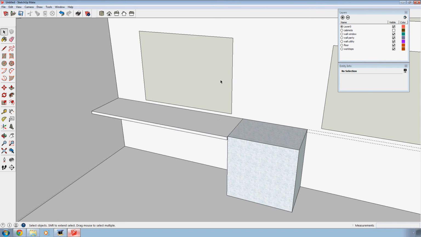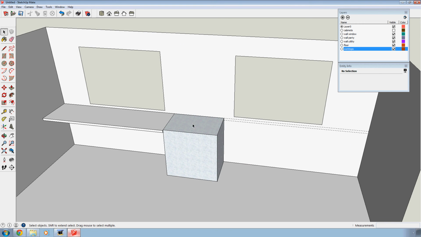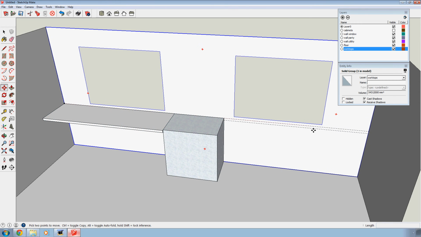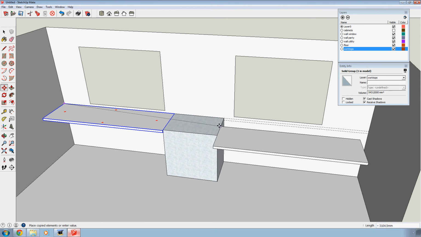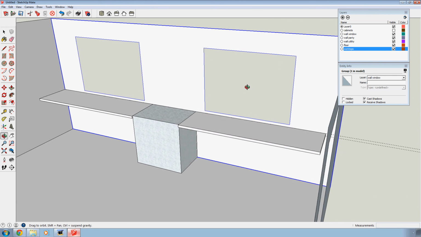It means I'll be able to get rid of it, make it invisible whenever I wish. Okay. Now, this is something you'll see me do quite a lot. Rather than draw one from scratch, I'm actually going to borrow this one with the move tool. I'm going to press Control first, see the little plus there. I'm going to move this one along to here. Obviously it's not the right length, but that doesn't matter,